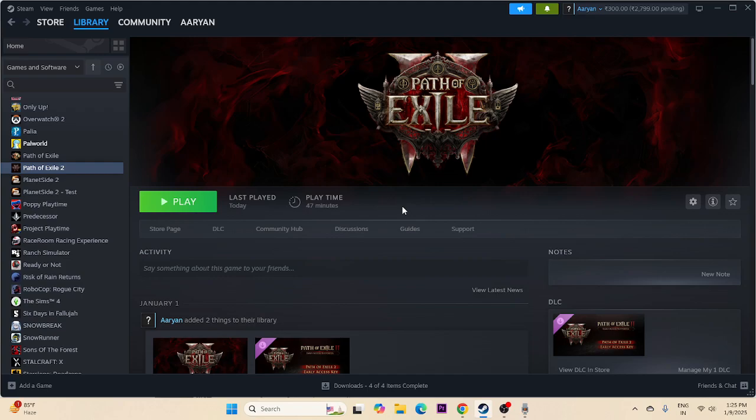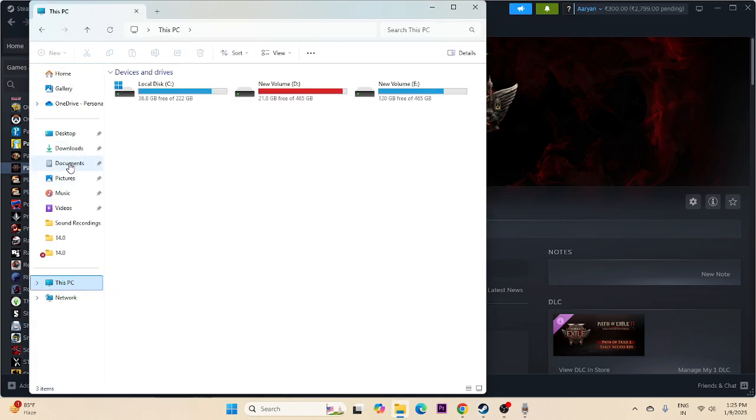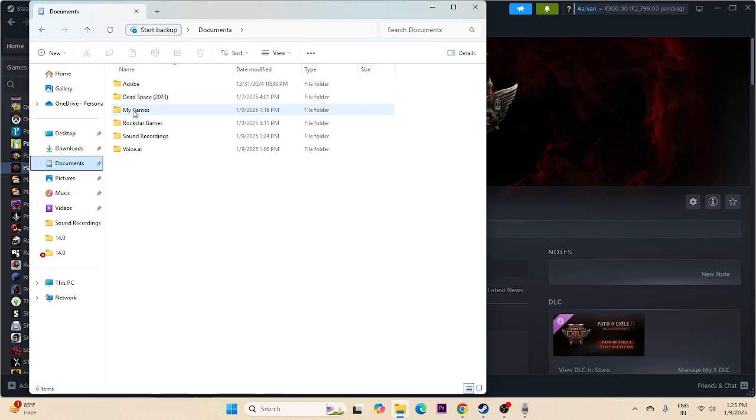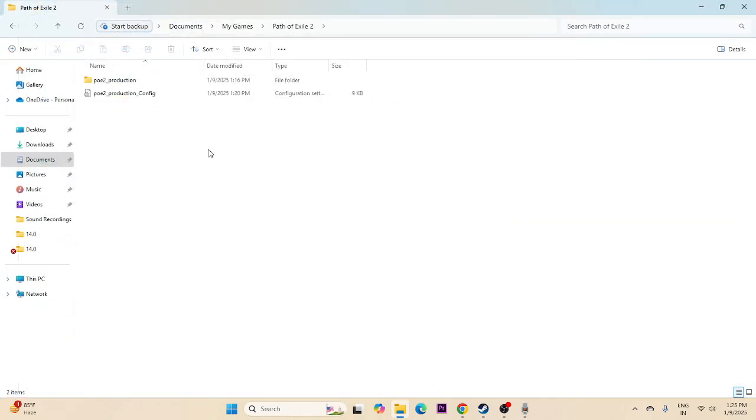Next one is all about making a very few changes. And keep in mind, this particular step did work for many users. The step is that we first try DirectX 11 or VULKAN. To do this, just go over here in the File Explorer. Now from here, go to This PC, navigate to Documents. Now go to My Games, go to Path of Exile 2. I'm going to maximize this. Now select this one,